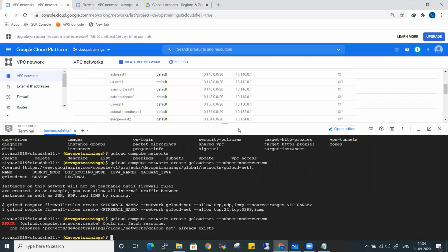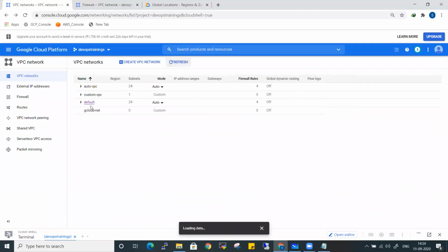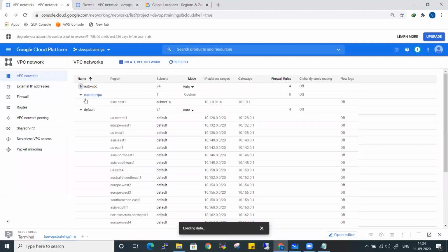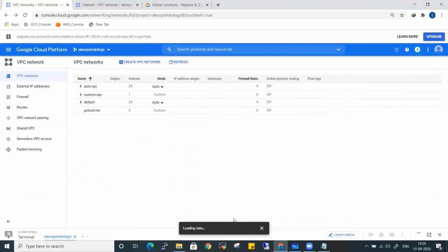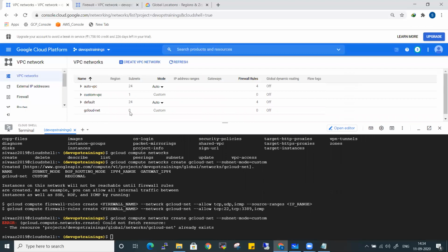Okay, it's already there, it was just showing me late. Let me refresh this one. Yeah, if you see, gcloud-net is already created from our Google Cloud Shell. So this is how you can create a network from gcloud commands as well.